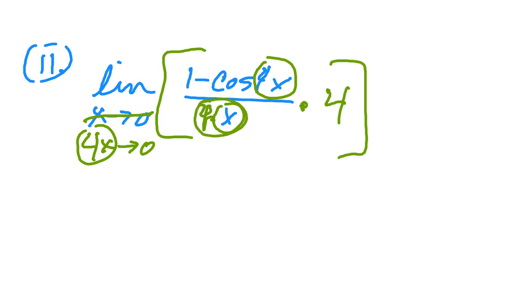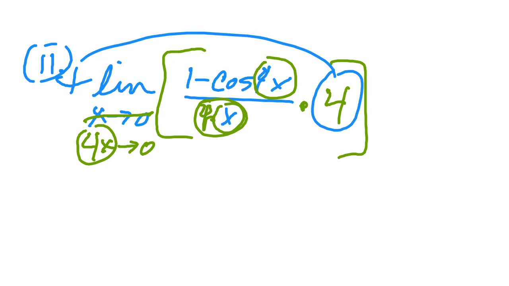Now I've got 4x in the denominator, so I could replace that with t or z or a. So now it's the limit as a approaches 0 of 1 minus cosine a over a, and so we can utilize that theorem. But also, to solve this, I can pull that constant out in front,